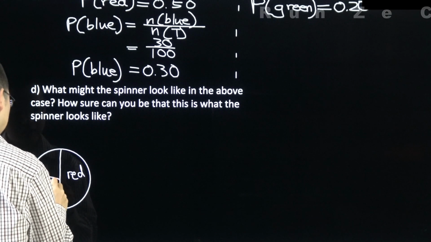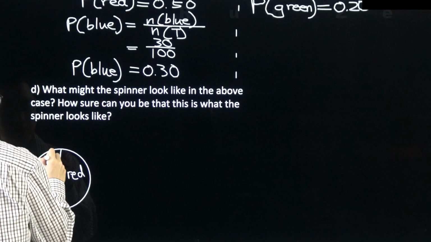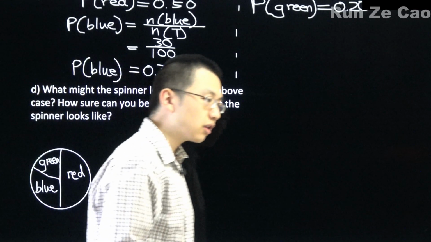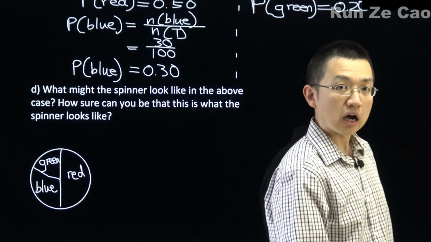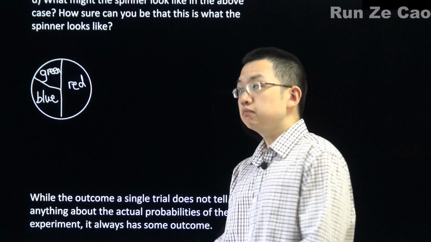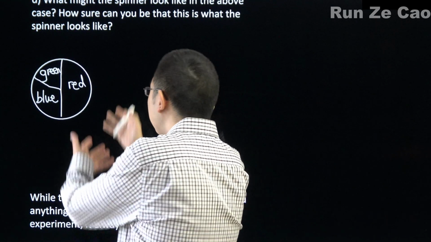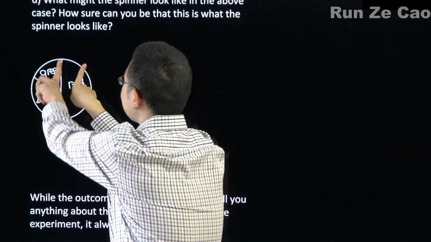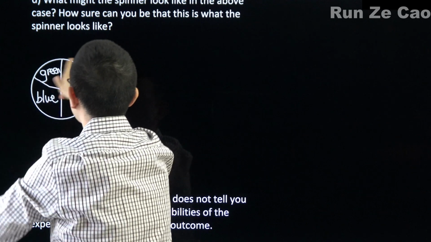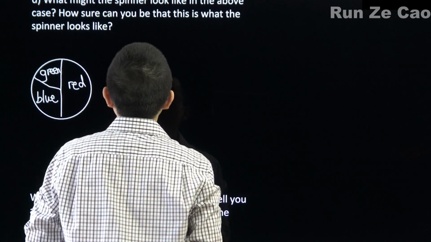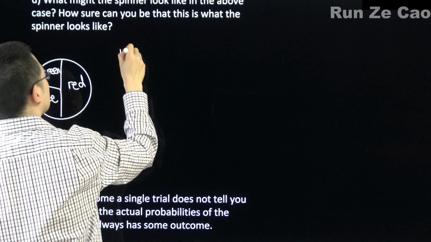So something that looks like this. Now, can we be sure about this? Well, it's 100 trials, so we can be reasonably sure the spinner probably looks something like this, instead of, say, having the red be a tiny slice up here and the rest is all blue and another tiny slice of green. So we can be reasonably sure,